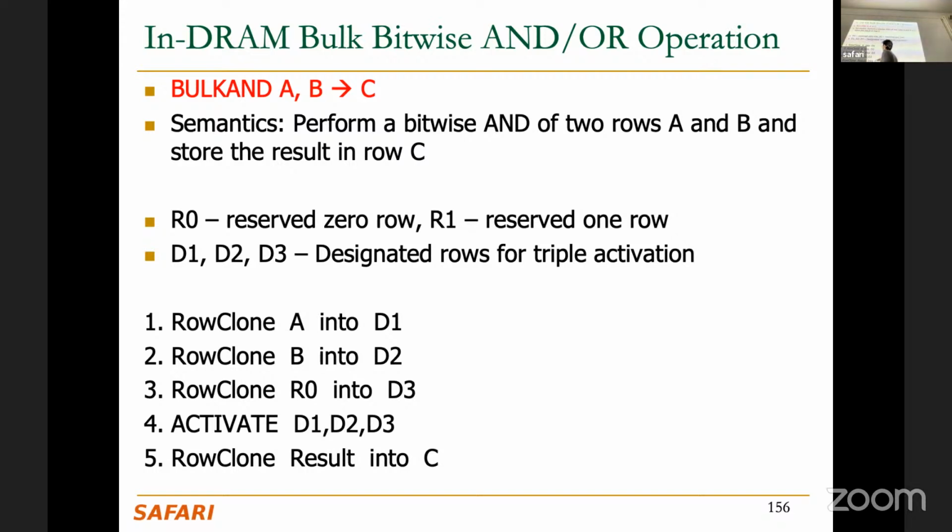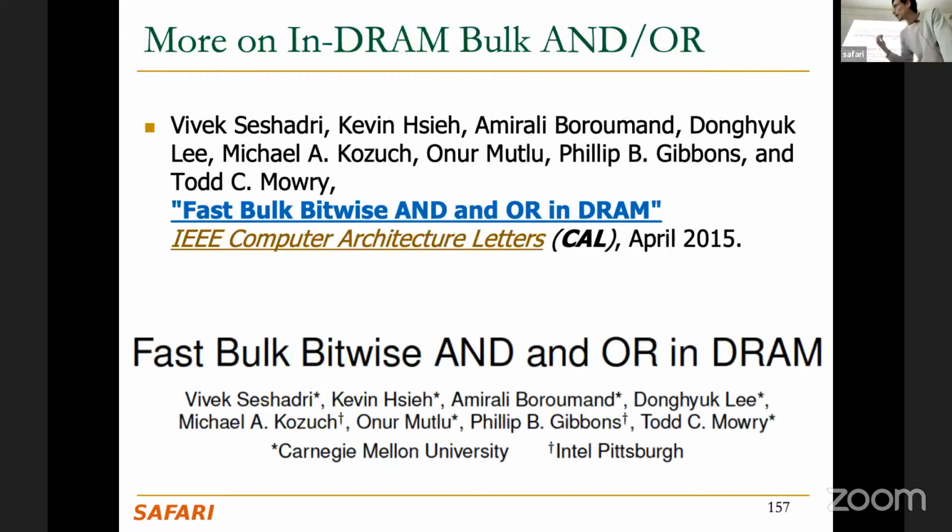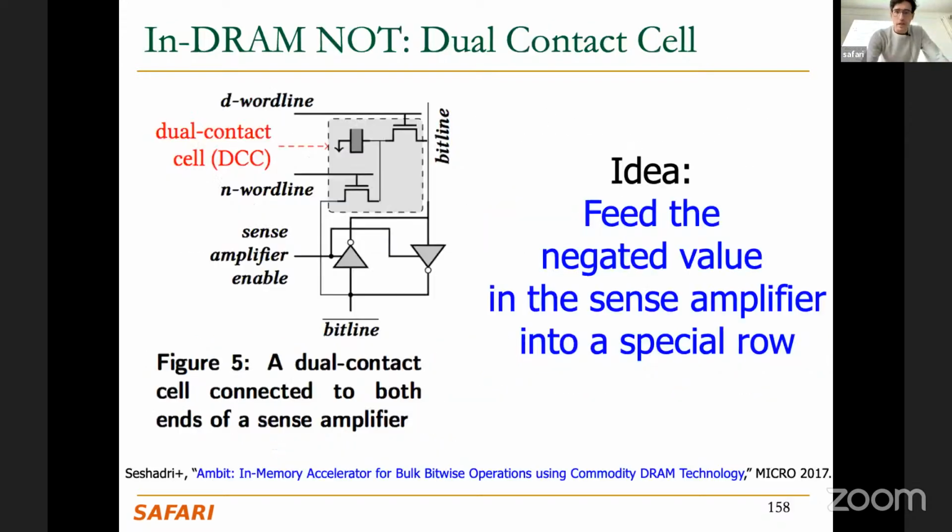We activate the three rows at the same time. We obtain the AND operation in the entire row, right? That's why we call it bulk, and then we can store the result into the destination array. This was first proposed in a CAL paper in 2015, but later the design was improved with a way of